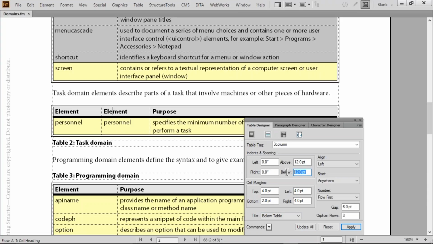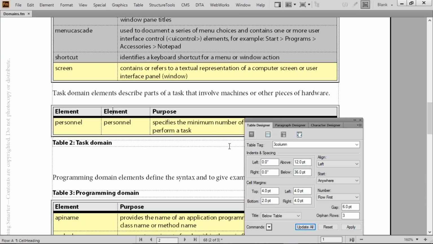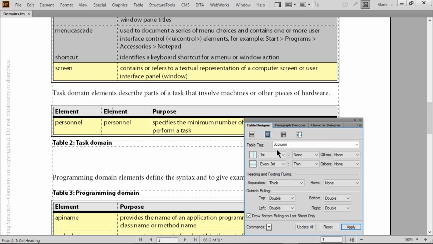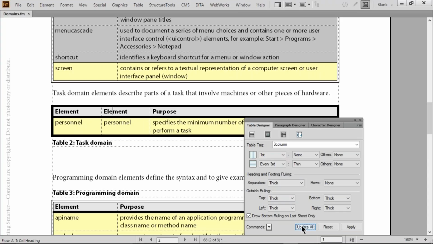After the table, I want a much more noticeable gap, 36 points. I want the table to be set up so that it has around the outside a thick line. So I'm just using my tab key to work through thick, update all. That's a thick line around it. I'm going to set it up so that there is a thin line for the separator. And all of these lines I'm going to set to none, so I'm just tabbing over and using N for